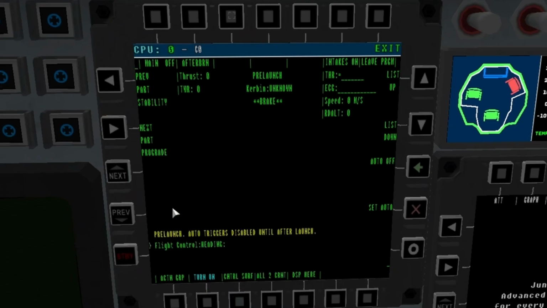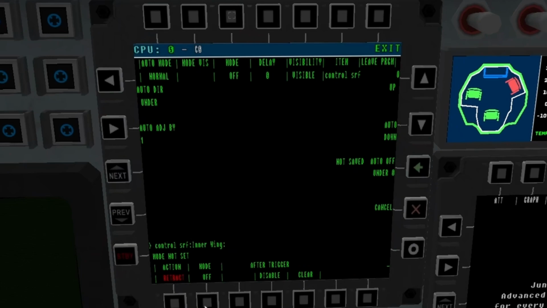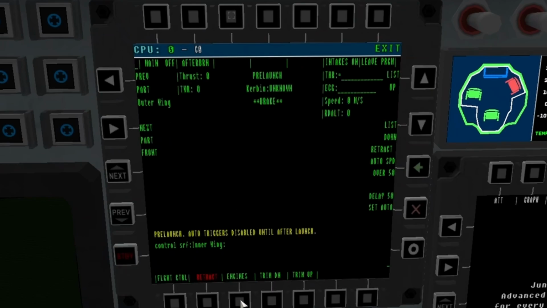We're going to go into flight control. Nope, we're going to go to control surfaces. Inner wing, I use those as flaps because a lot of times I use Ferram Aerospace and they actually work. Set auto. This guy's also going to be speed. He's going to be over 50, but he is going to just change direction so they want to go under 50, the flaps. Pseudo flaps. Okay, so